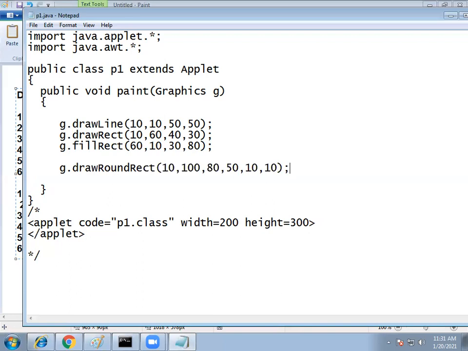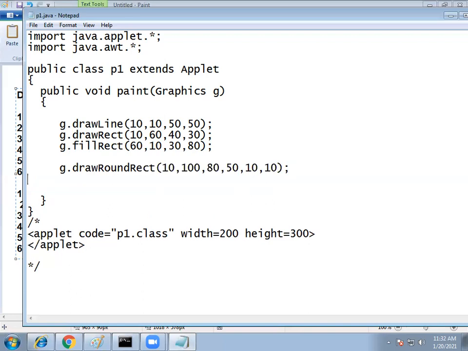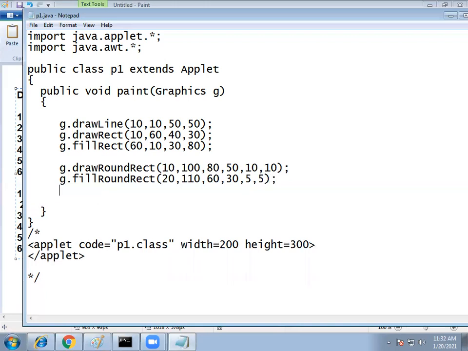And next one, g.fillRoundRect(20, 110, 60, 30, 5, 5).